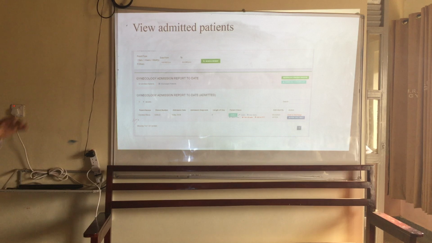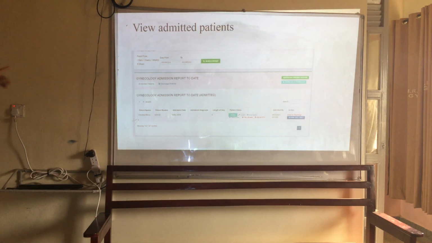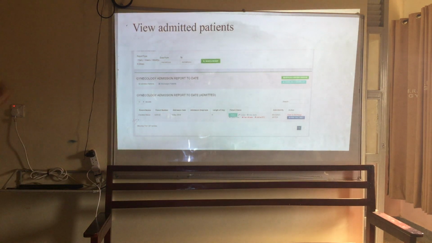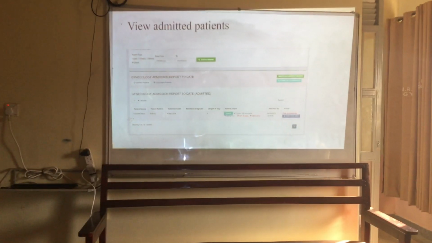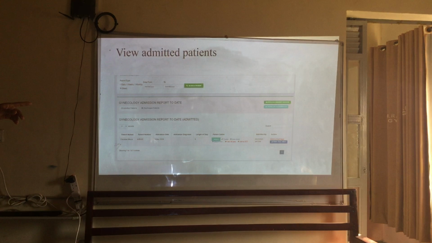And then this is if you want to view the admitted patients. You can click admitted patients, and then you see all the patients who are admitted on the ward, and you're going to see whether the patient is stable or unstable, if the patient is in ICU, and then there's a place for print face sheet whereby you're going to print some of this information. After finishing, we're going to print the face sheet and put it in the file, because now we'll be using both electronic and a bit of